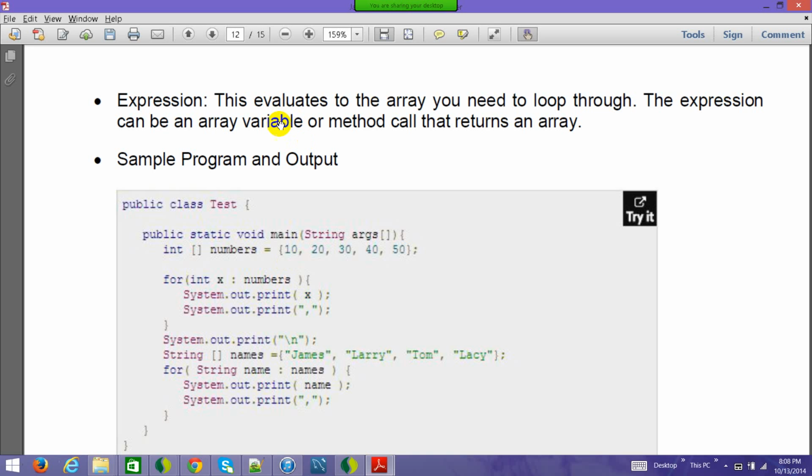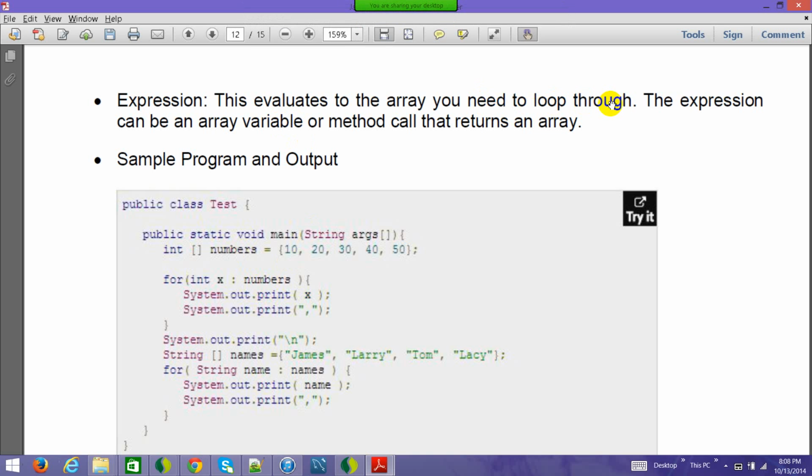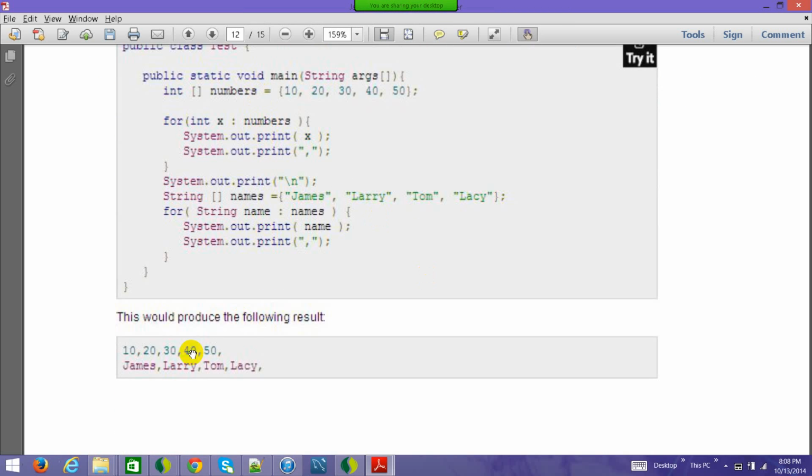Okay, now expression, this is what was expression. So here it is not an expression, but you can actually put an expression here. Okay, so this evaluates to the array you need to loop through. The expression can be an array variable or a method call that returns an array. Okay, now as I explained here, it will loop through. If you see the value which it prints first time is 10, 20, 30, 40, 50, and again you can iterate not only over numbers, over